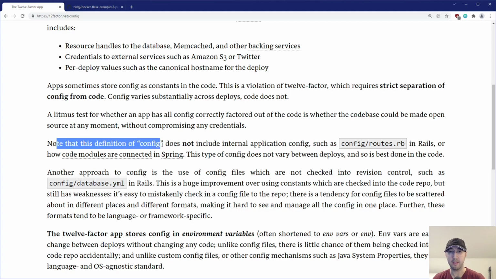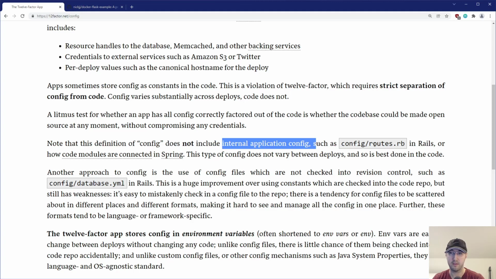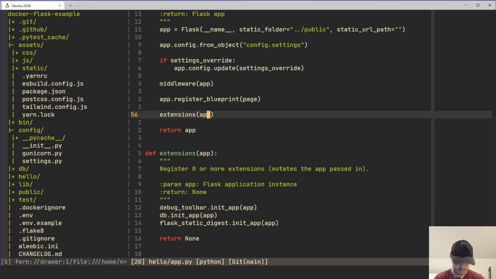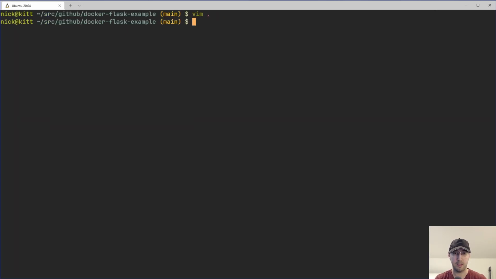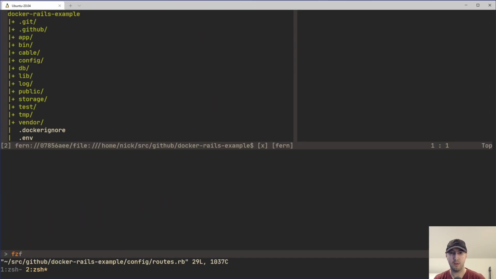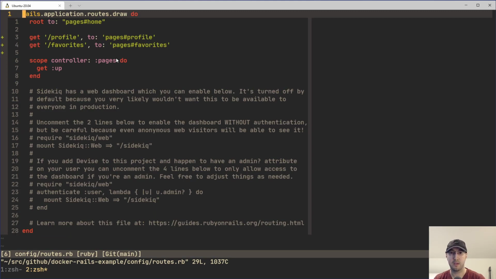So note that the definition of config does not include internal application configs, such as a routes file in Ruby. So let's see. I'm not really preparing anything here, but let me start tmux, because I just want to jump to a different code example of what they're actually talking about, and then you can see what they mean. So this routes.rb file here is, well, yeah,